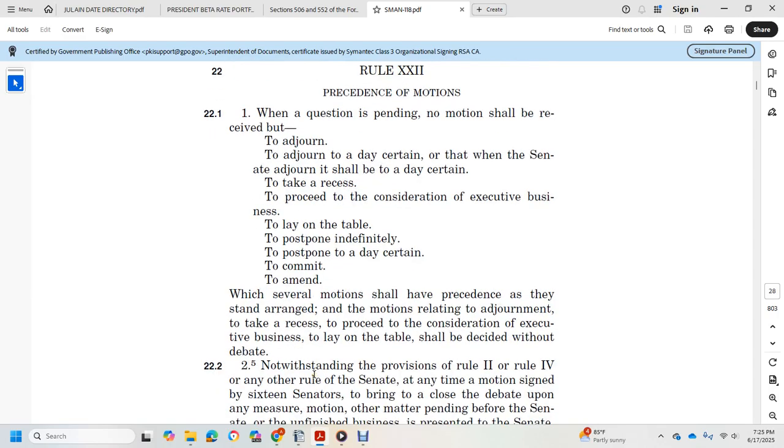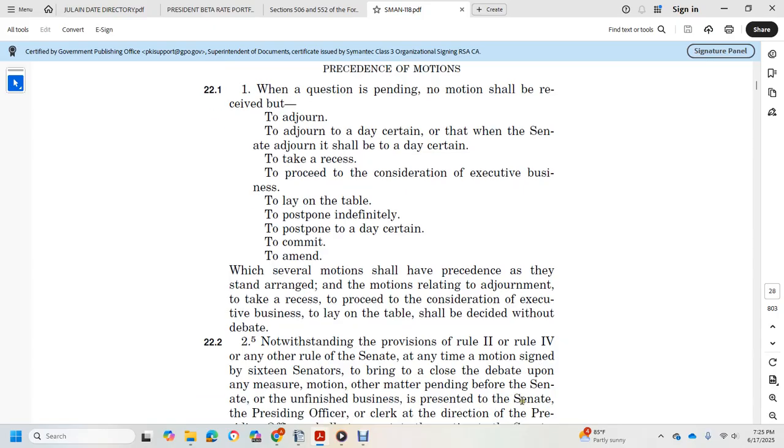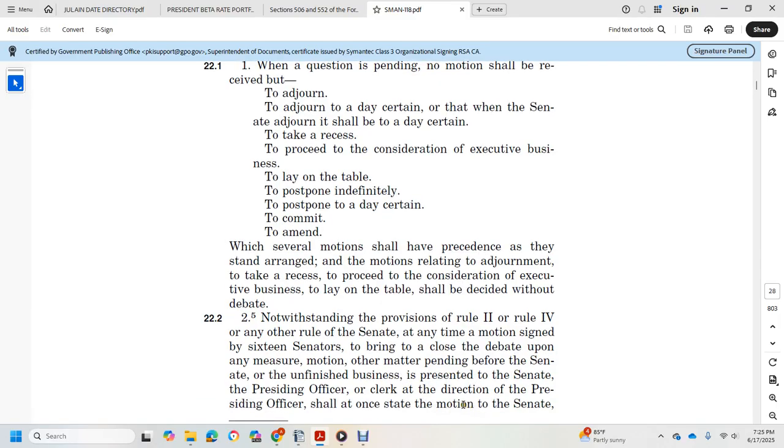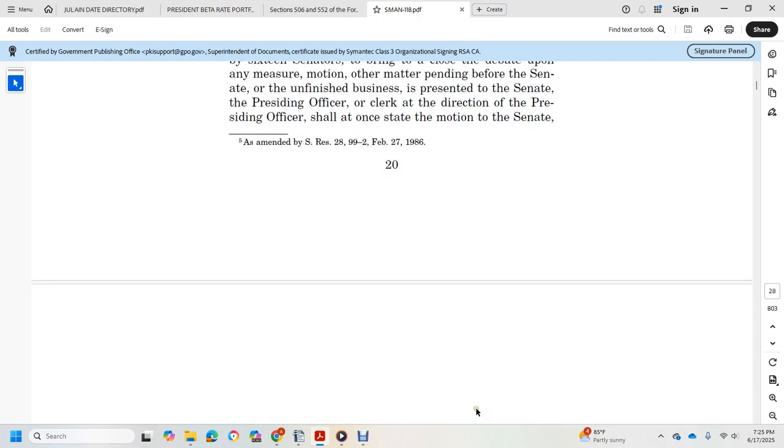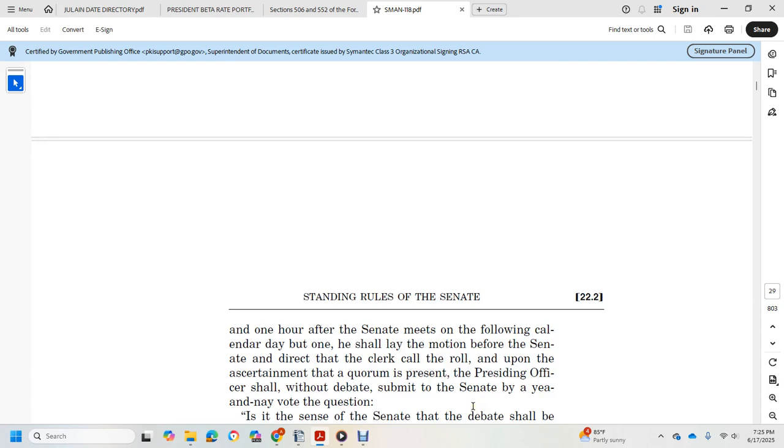Notwithstanding the provisions of Rule 2 and Rule 4, or any other rule of the Senate, at any time a motion signed by 16 senators to bring to a close the debate upon any measure, motion, or other matter pending before the Senate, or the unfinished business, is presented to the Senate, the presiding officer, or clerk at the direction of the presiding officer, shall at once state the motion to the Senate. And 1 hour after the Senate meets on the following calendar day, he shall lay the motion before the Senate and direct the clerk to call the roll. Upon the ascertainment that a quorum is present, the presiding officer shall, without debate, submit to the Senate, by a yea or nay vote, the question: